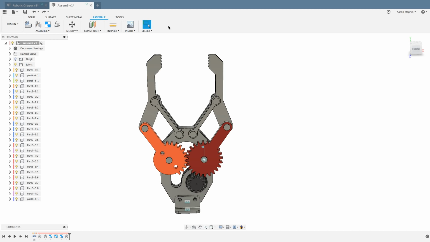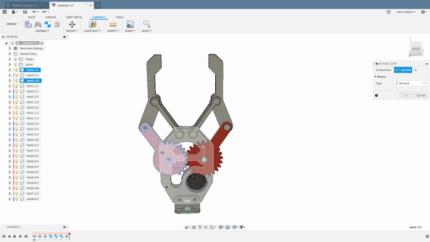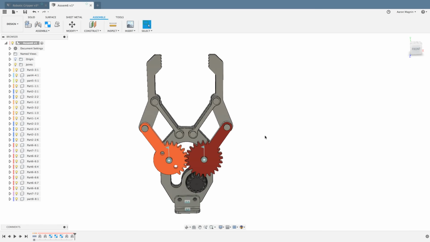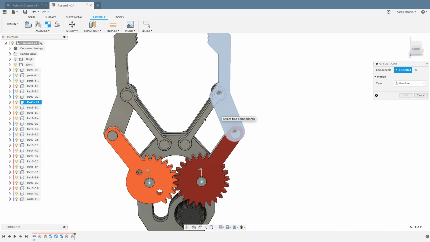Let's go ahead and do some more as-built joints. So Shift J, let's kind of pick up the pace a little bit here. We'll select these two guys and this. The reason I'm going to pick up the pace here is because there's quite a lot of these joints that I'll actually be creating here. So this next group will be between